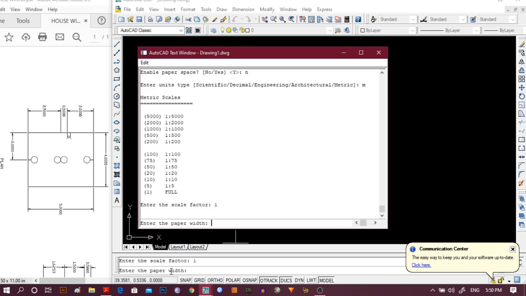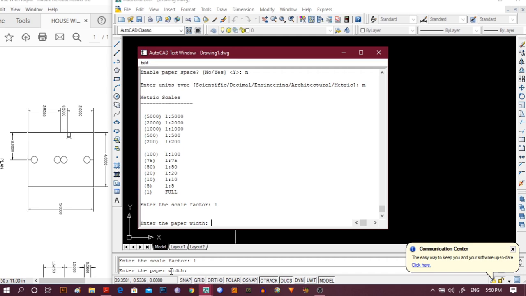And then we are going to use the paper width. For paper width, if we use an A4 page, then the height and width should be 210 by 297.